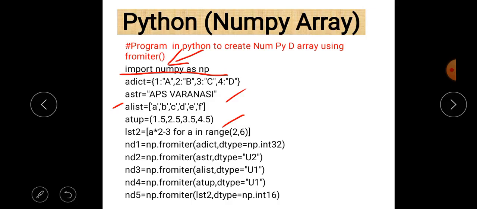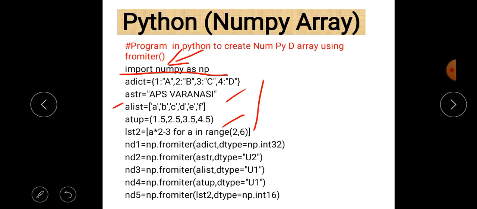So there is a dictionary, a string, a list, and a tuple. Here our focus is to convert this dictionary, string, list, and tuple into an array using the fromiter function.